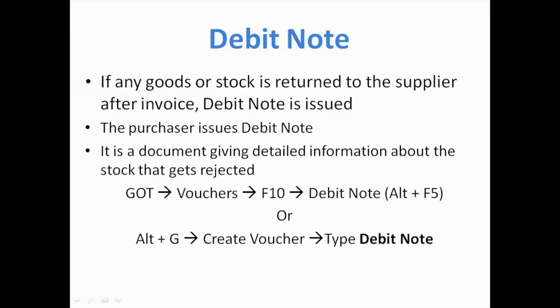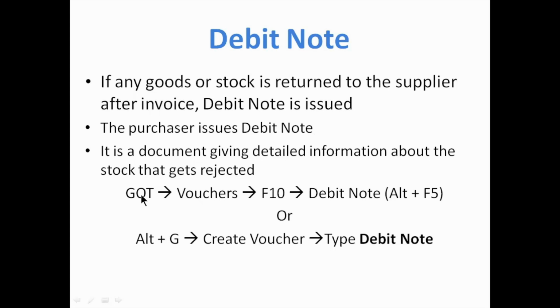Suppose we return the goods after the invoice is generated, in that case, what do we do? It's a debit note that we need to issue. If any goods or stock is returned to the supplier after invoice, a debit note is issued. The purchaser, the party that purchases the goods, issues the debit note to the supplier mentioning so and so stock is rejected. It is a document giving detailed information about the stock that gets rejected, and how to enter the